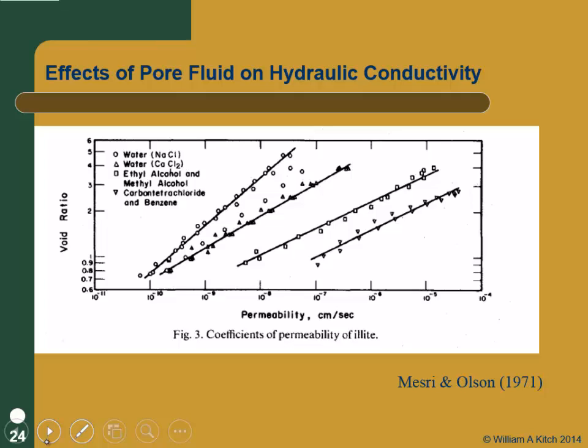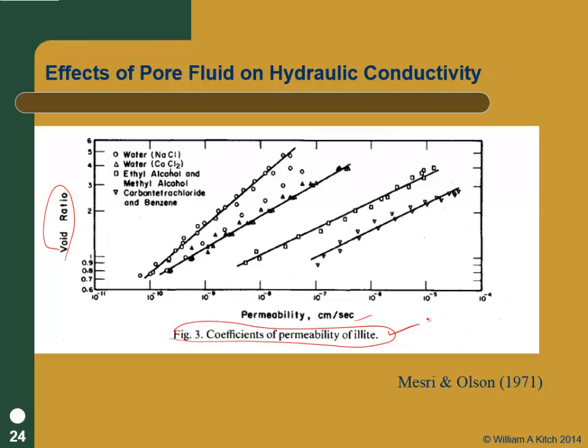So what do we see here? This is the hydraulic conductivity. Notice they call it coefficients of permeability. That was the discussion we had earlier. But this is the hydraulic conductivity in centimeters per second as a function of void ratio for one soil, for illite. And what's the other parameter that's changing? We're changing the void ratio. But what's the other change? Why do we have 4 lines there? The pore fluid's changing,